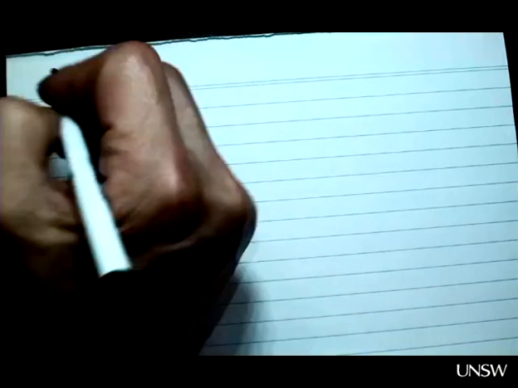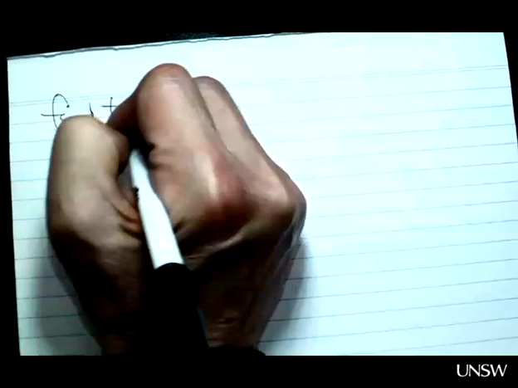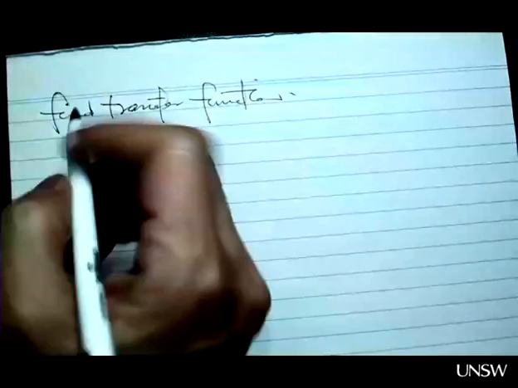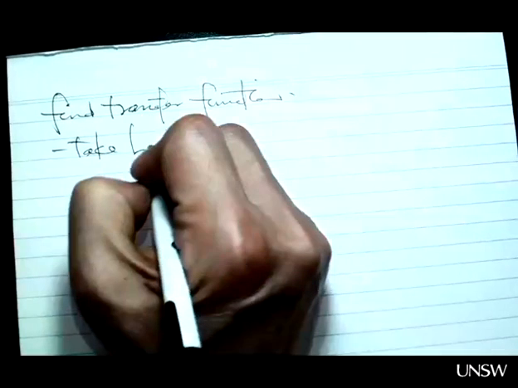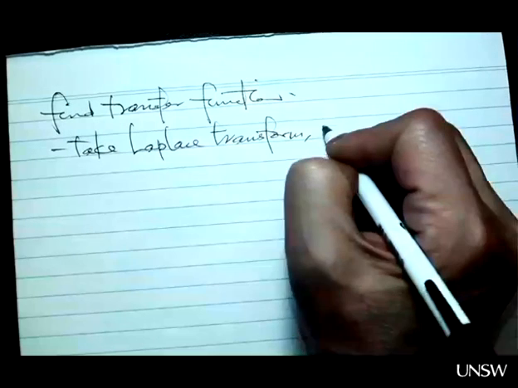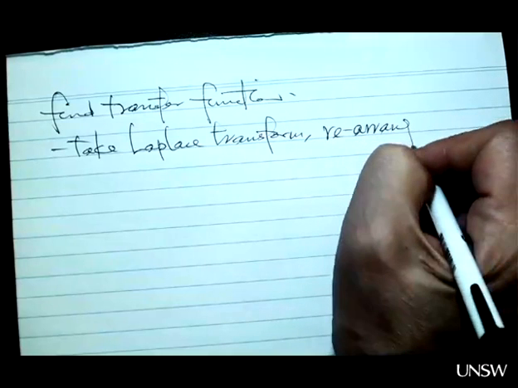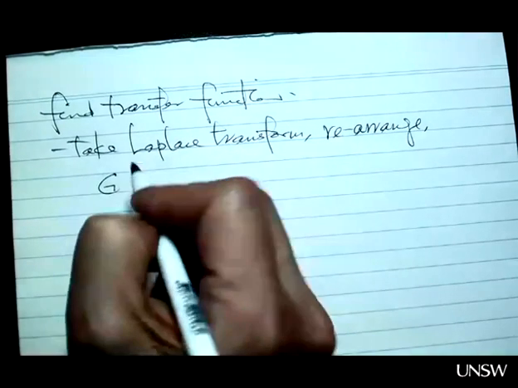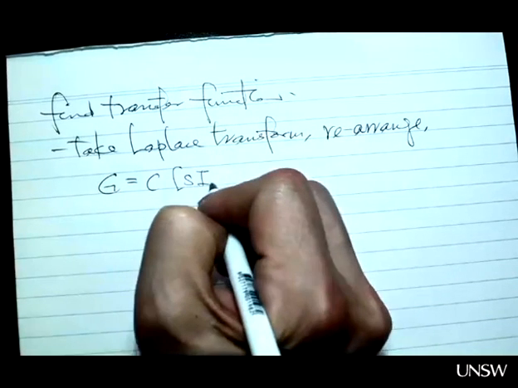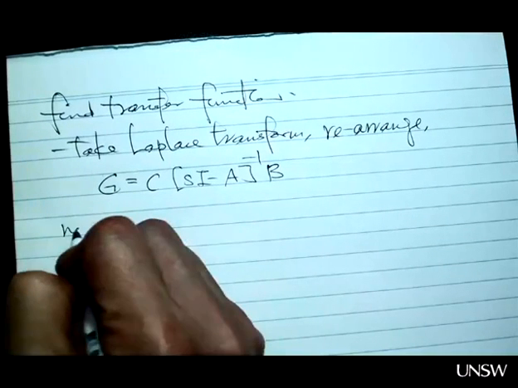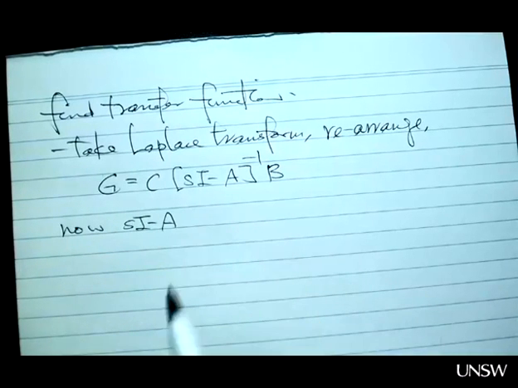Okay, our next step is to find the transfer function. First of all, we take Laplace transform. Then rearrange. Then we have the transfer function is G equals C, and then sI minus A inverse times B. Okay, now the matrix sI minus A equals